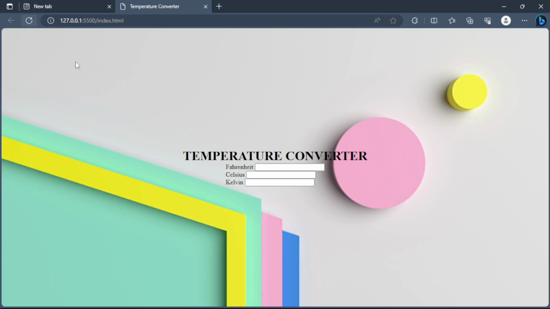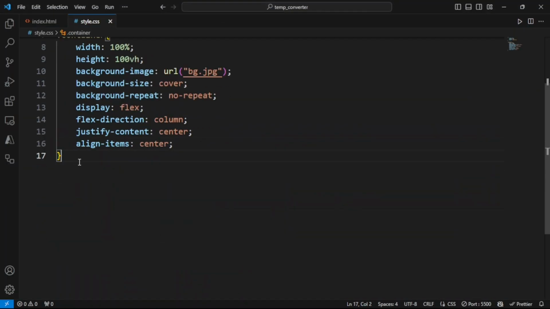So it's looking much better than what it was. Let's do further styling. Now I will give the styling to the header tag, and so I'll move on